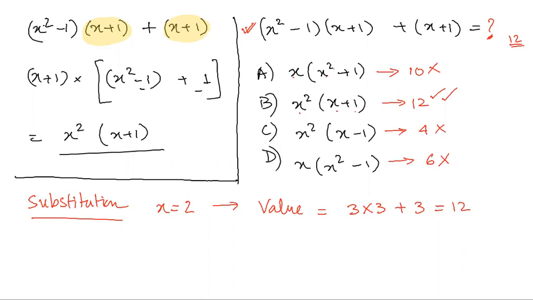So why did I tell you not to choose something like 0? If I had chosen x as 0, what would be the problem? The given expression would have been negative 1 times 1, so that's negative 1 plus 1, 0. You are very happy. But look at the first option. 0 times something, that's 0, that's also 0, that's also 0, and that's also 0. Now how do you understand which one is the correct answer? So it's kind of wasted time, right? Does it make sense to plug in a value like 0?